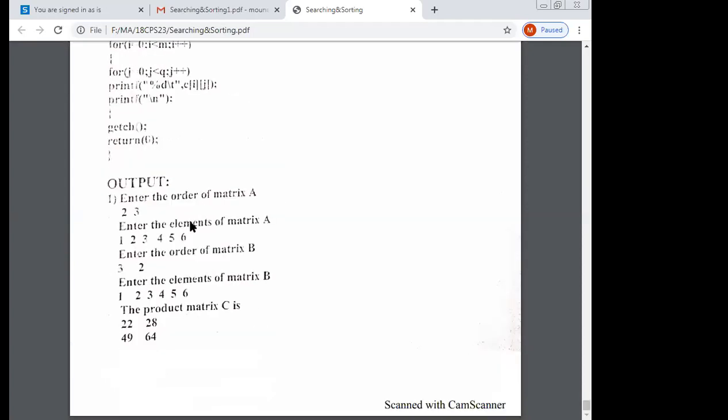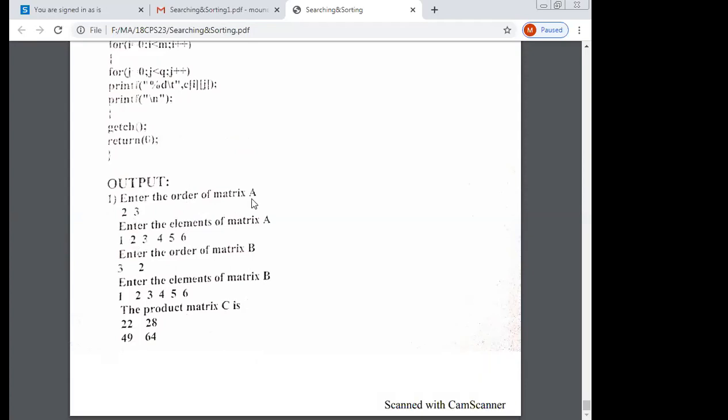So this is the output for product matrix multiplication. Enter the order of matrix A: 2, 3. So in 2, 3, which one is the row size, which one is the column size? Which one is the row size and which one is the column size?